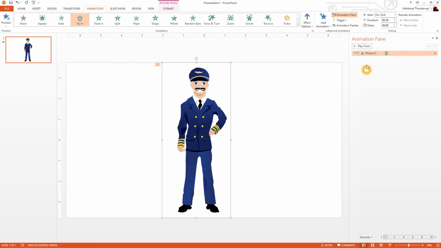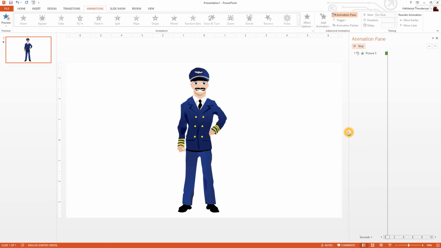PowerPoint has made this ruler here, or this bar here, that is showing us that this graphical element has some animation assigned to it. So if we just do play